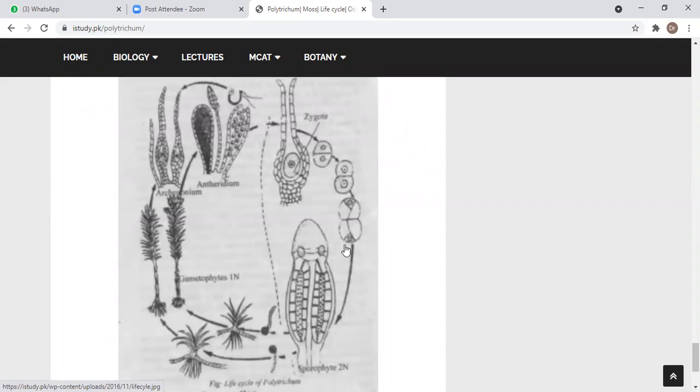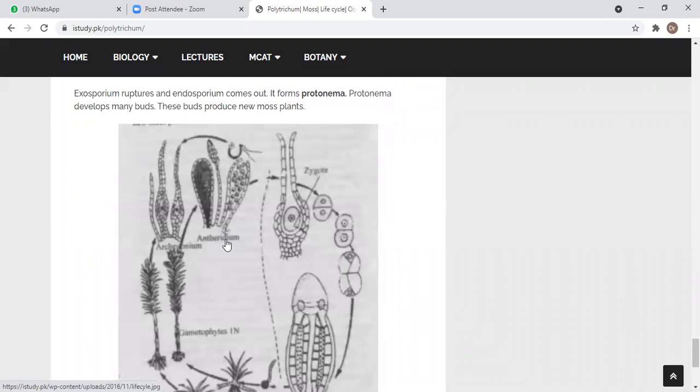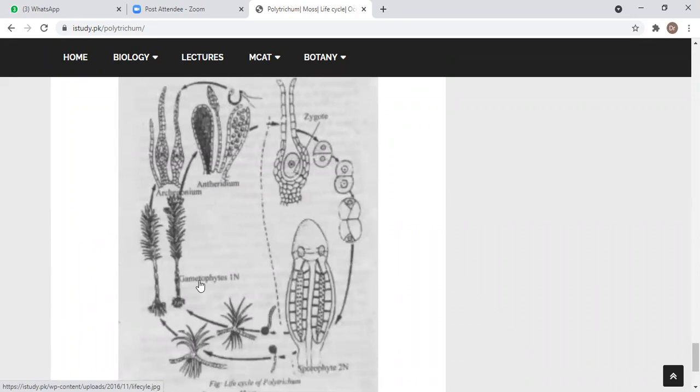So you can observe here, this is the life cycle of Polytrichum. So we have a recap again, we can see here. So this is the male gametophytic tissue as Polytrichum is dioecious. So this is a male gametophytic tissue, which consists of a rosette of antheridial head, and this is a female gametophytic tissue having the archegonial head. So antheridial head comprises antheridia and the paraphysis, whereas the archegonial head consists of the